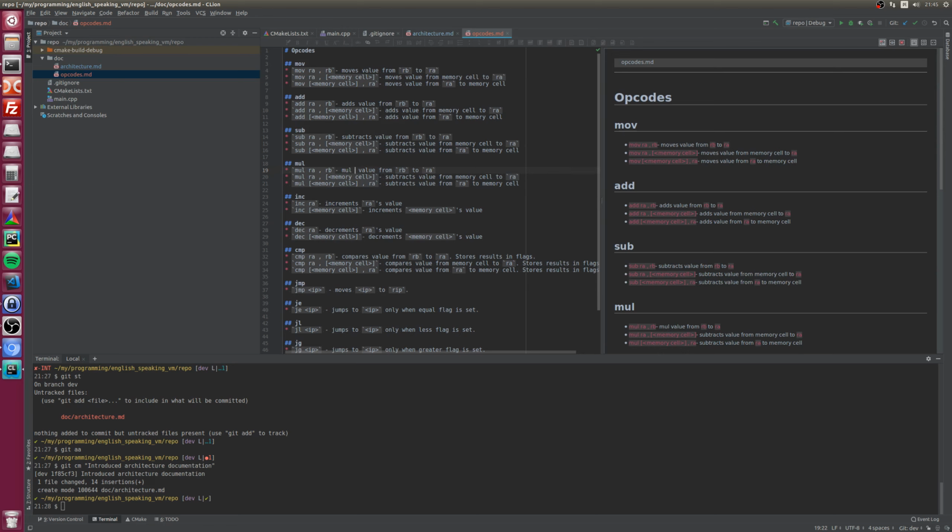Mul is tricky because when you multiply, let's say, 32-bit values, you can end up with a 64-bit value. In short, you can have overflow, which I'm wondering whether I need to take care of now. I probably should, or not.